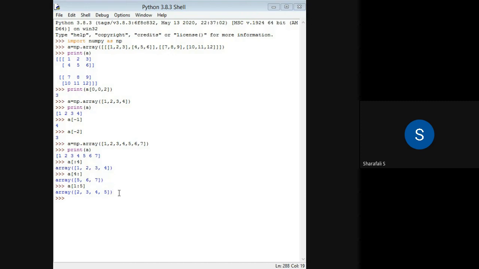And now, if you want to get array elements from 0 with some step size, that is also possible. So if I want to get array elements from index 0 with some step size, I just have to use two colons.